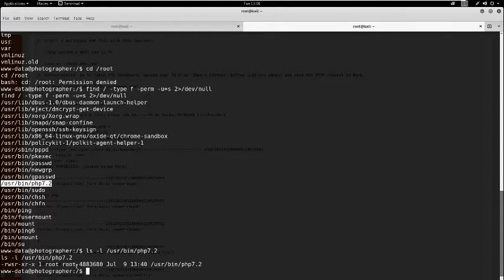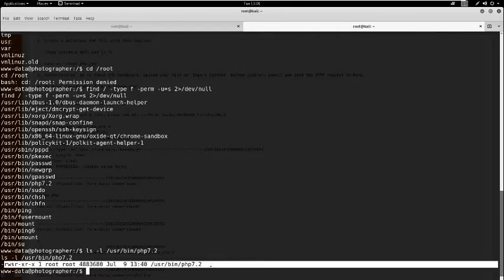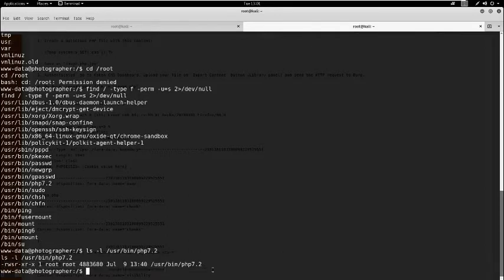The user owner and group owner are both root, and the SetUID permission is set on this PHP 7.2. So here we are going to do privilege escalation. So now we can provide the full path, that is /usr/bin.